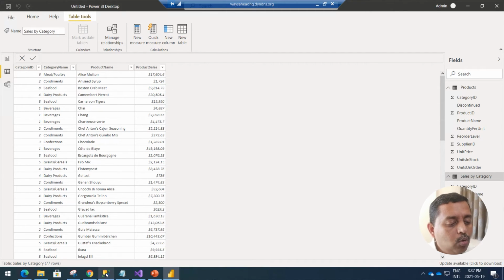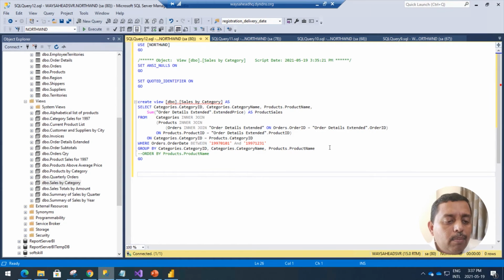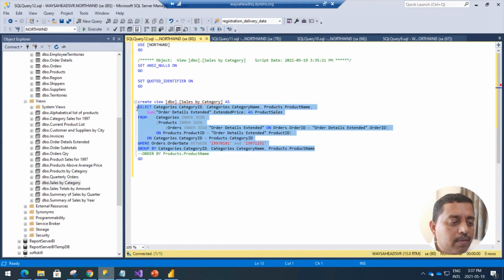Now what I do is I go back to my SQL Server. Remember, we have this code with us. So this is the select query which is actually resulting in that particular output. So now what we will do is we will directly not take up the view, but we will go deeper into the code that is being written over there.